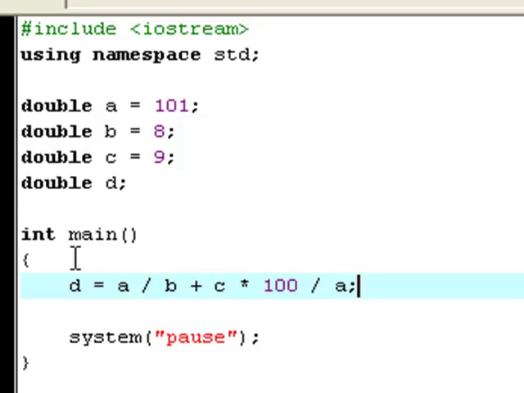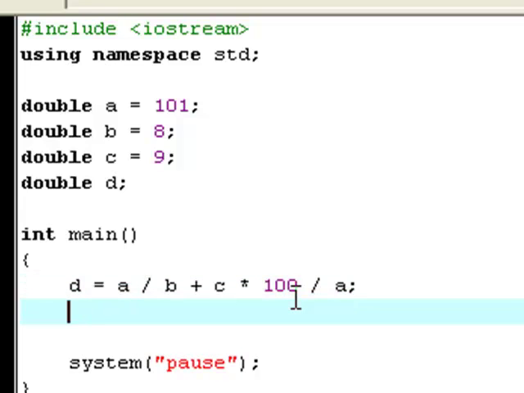What this actually does is that it'll assign a new value to D, and the value that it assigns to D is 101 divided. That's what the slash means. That's the divide modifier. So now it says 101 divided with 8 plus 9 multiplied with 100 divided with 101. That's the result of D now. You might think that's a little bit confusing, but let's try and print it out. Cout D,